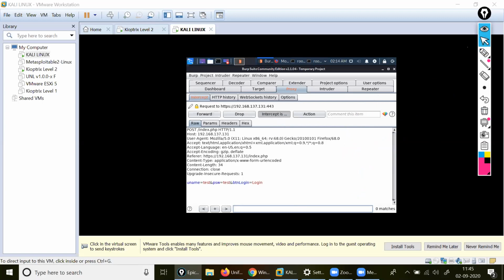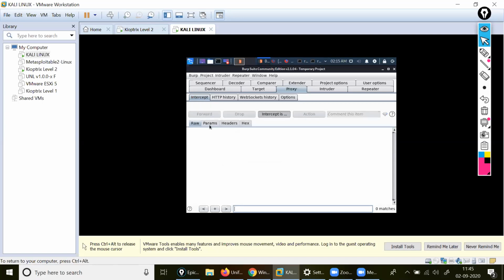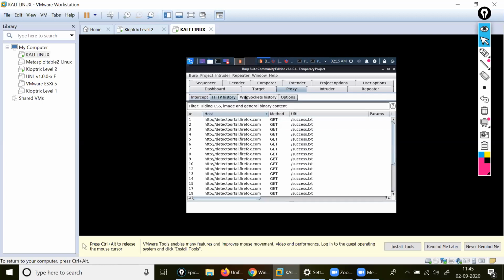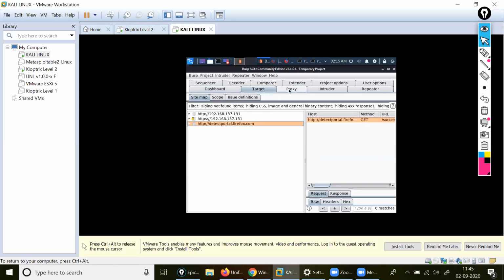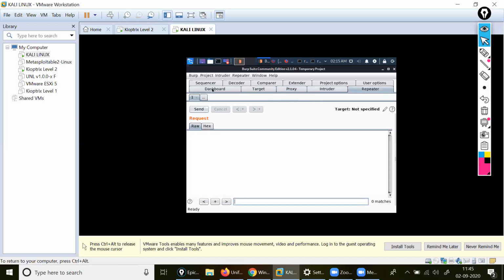see, let me come here. Okay, I'm inside that raw WebSocket options, dashboard, target, proxy, intruder, repeater.